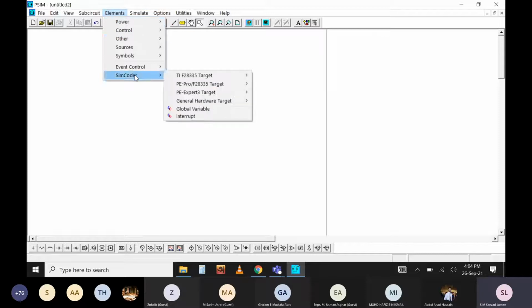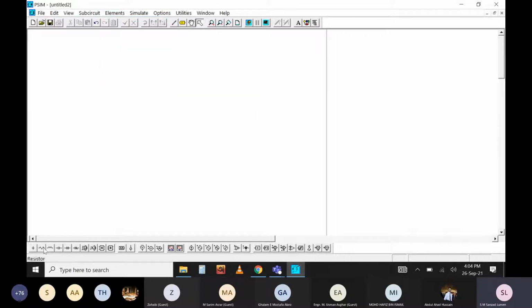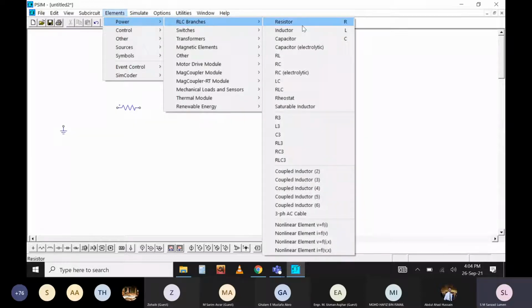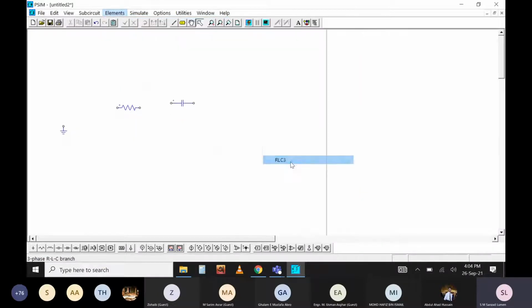So these are the different items available, and you can also find the shortcuts in the bottom line. You can find the shortcuts of different items. For example, this is the ground. You can simply click and put it here, then press escape, it's gone, then put the resistance. This is the way you can bring the elements from the shortcut bar, or you can also bring the elements from this tab. You can go here and register or whatever items you're going to need. So you can just click and put.